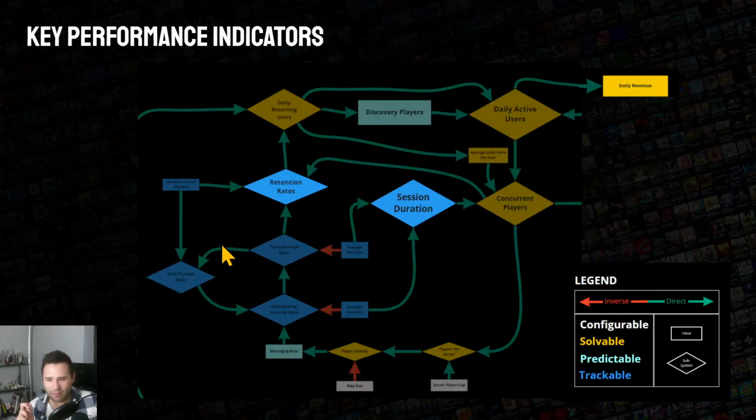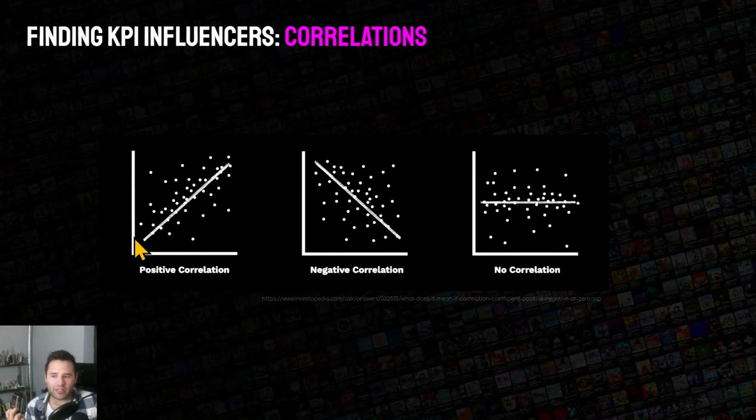This is where we take a complicated system like survival rate, we take the measurement from survival rate that doesn't directly translate into retention rate, and then we figure out how often it kind of does. A positive correlation goes from 0 point infinitely small to 1. Negative correlation goes from 0 to -1, and no correlation, well, that's just a 0.